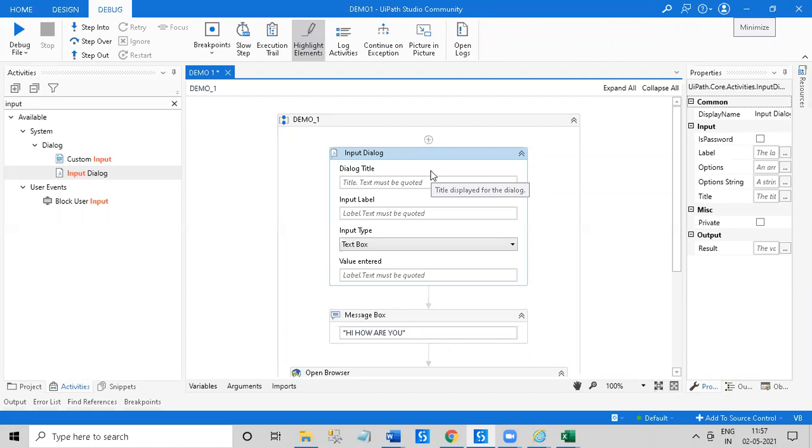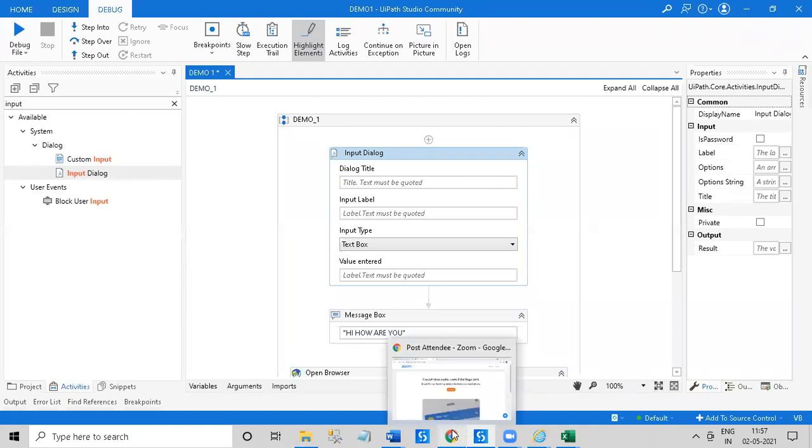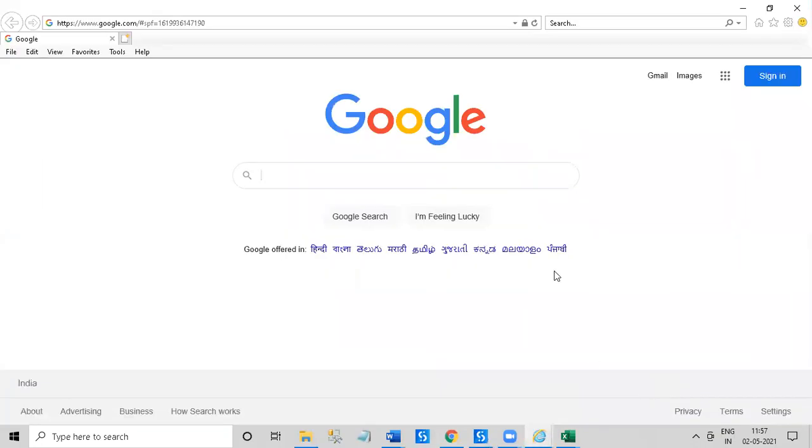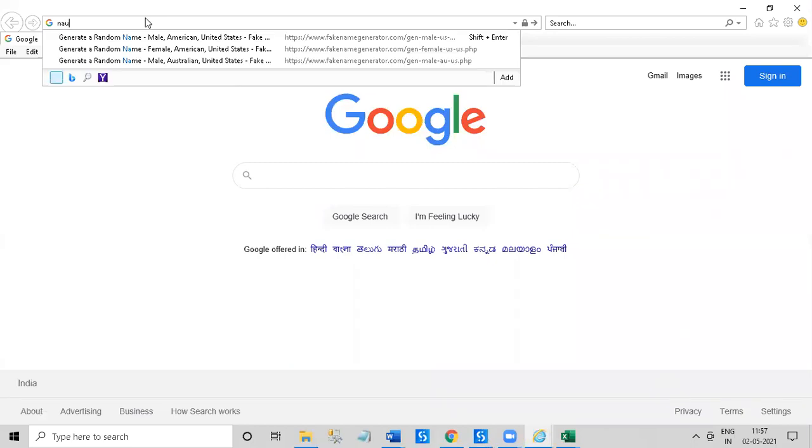Hope we have answered the question. No, I have a question again, please. Basically, when you are putting in the input dialog box, you are putting in variables. Is there any standard way to put these? For example, if I have a name, where do I have to define name here so that it only fetches the name from Naukri, or the number of years of experience which is required? How do I put that in this input dialog box? Will you please show me that? Just a minute, I will show you. Same question from my side. Okay.